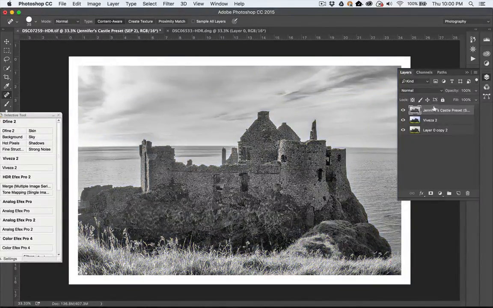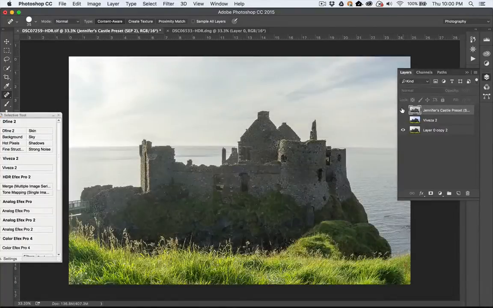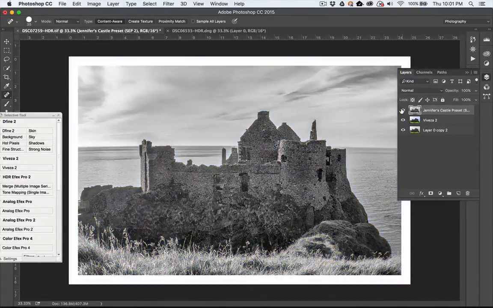Okay, so there we go. We have gone from flat and kind of dull green yucky looking to kind of vivid psychedelic blue and oversaturated grass to a nice high contrast, high structure black and white image of a funky falling down castle in Ireland. So hopefully this gives you an idea what some of those features you might not have played with before really do in there. And I would say just go in and play with it,